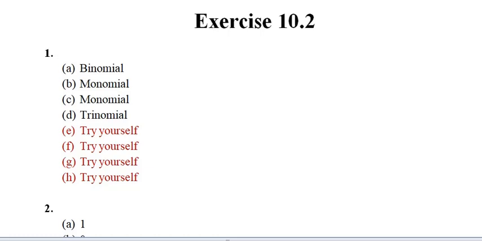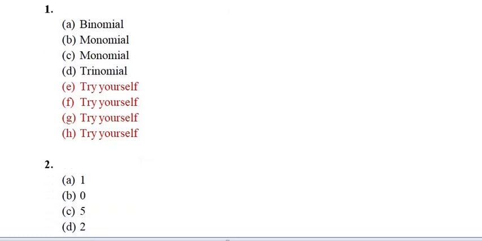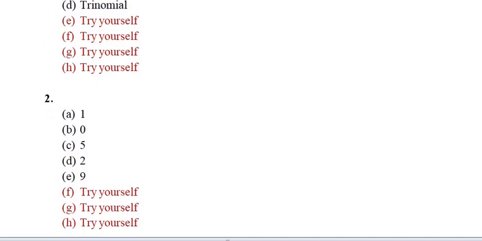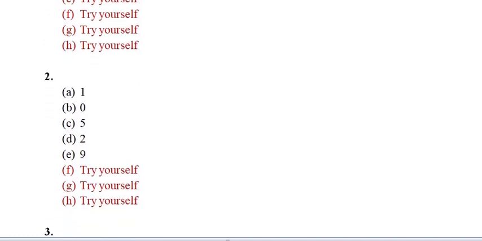So here in question number two you have to find out the degree of the given monomials. All these terms are monomials, whatever is given out here in the question, be it 7x, 25, 18xyz cube, 0.3ab. All these are monomials. So you have to tell the degree of the following monomials.